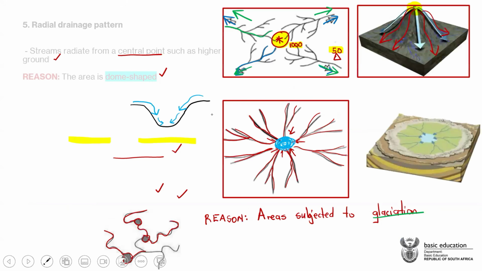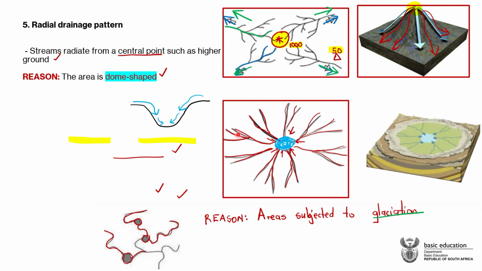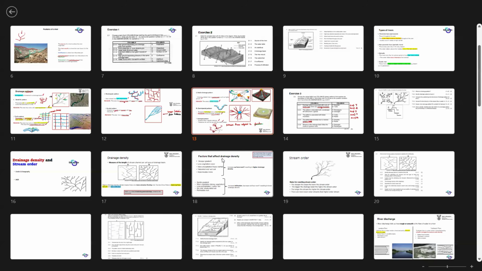Like for this one, I'm sure you can see here, you can combine 1 and 1 there. 1 and 1, you get 2. It's just that this diagram is messy. Usually they give you a dendritic one, but you can still work with the centripetal. As long as you're combining the first order streams to get the second order stream, and you continue doing the same for the others, you can still get a stream order there.